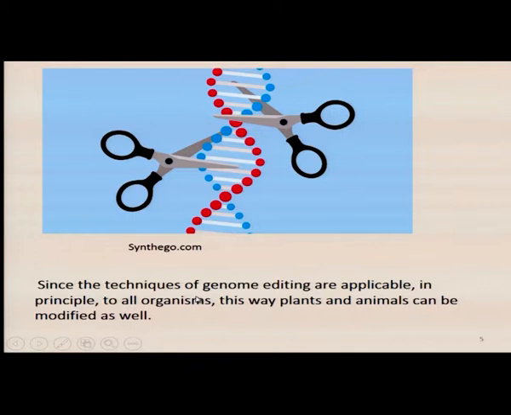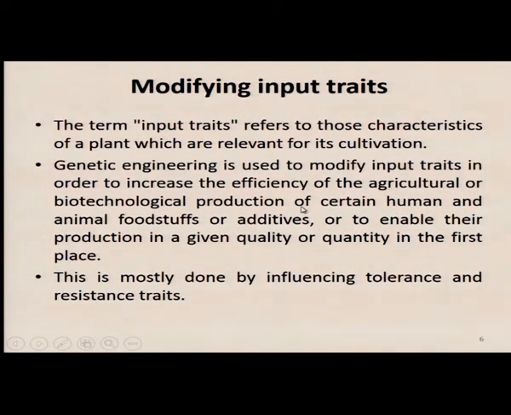can also be modified. There are two main aspects which have to be considered when we are talking about editing plants. One is modifying the input traits, and the other one is output traits. So when I say input traits, it means those characteristics of a plant which are relevant to its cultivation. So this modification of input traits is to increase the efficiency of the agricultural or the biotechnological production of certain human and animal foodstuffs or additives, or to enable their production in a given quality or quantity in the first